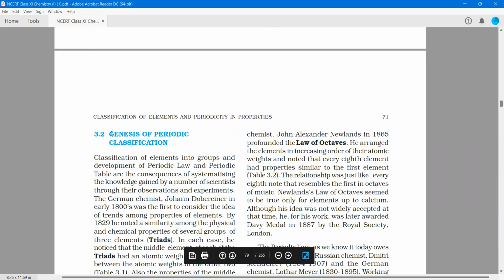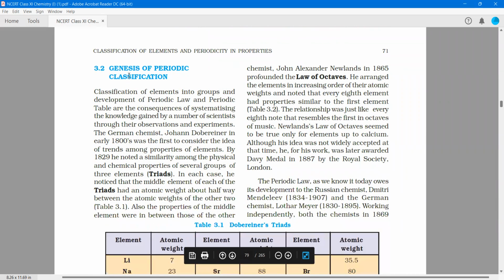So, genesis of periodic classification. In this topic we will get to know all the